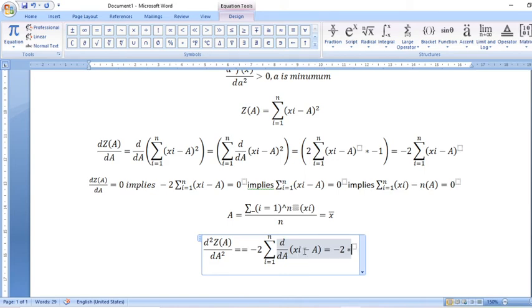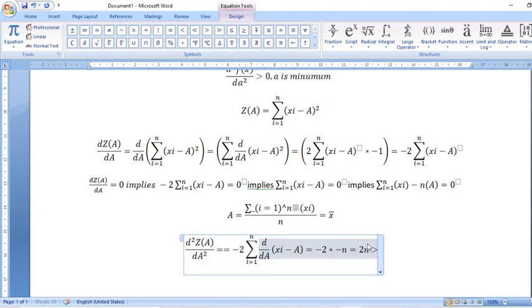What is the derivative of this one? Minus 1. Minus 1 is added up for i from 1 to n. So what will that be? Minus n. Minus and minus get cancelled and the result will be 2n, that is greater than